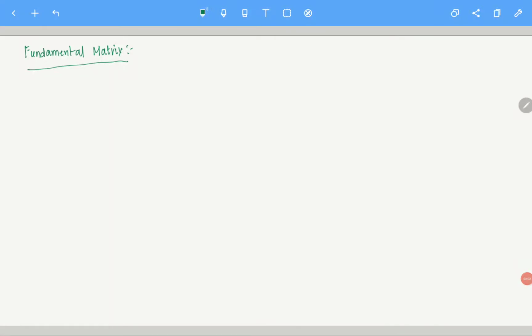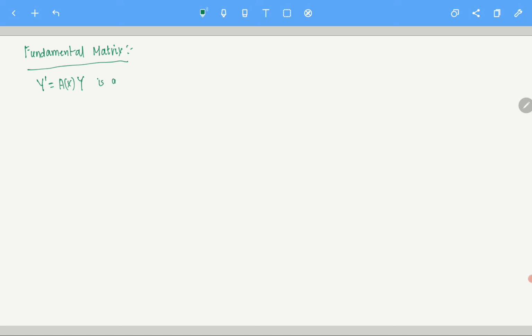Now let us start with something called a fundamental matrix. What does it mean? Of course, here we start with a system of equations which will look like this: Y prime equals A of x times capital Y. Okay, so let's say that is the system of equations which we work with.